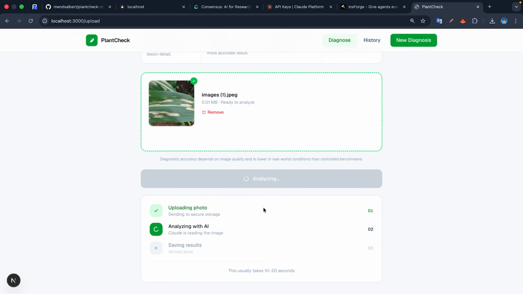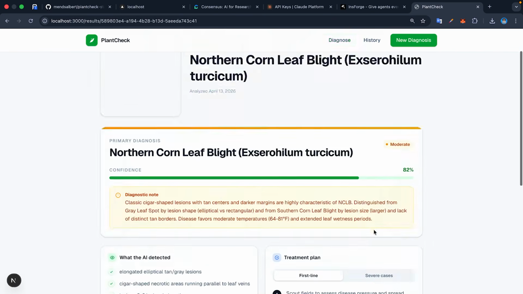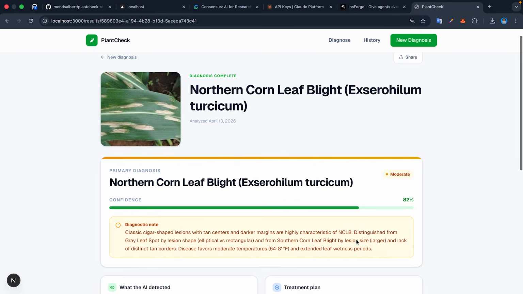The diagnose route fetches the image from storage, converts it to base64, sends it to Claude Vision with the system prompt, waits for the structured JSON response, and updates the database record. Step 2 checks off. Step 3, saving results. Brief pause, then the page navigates automatically. Results page loads at